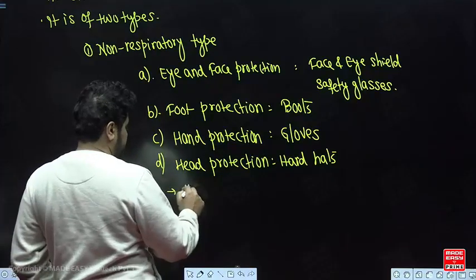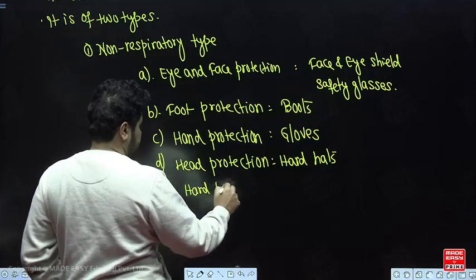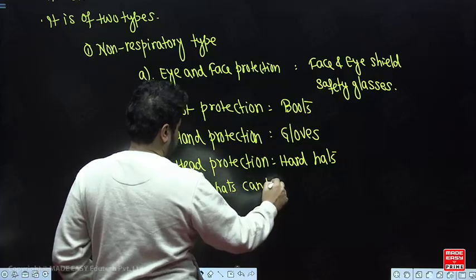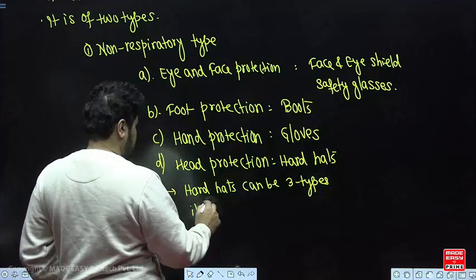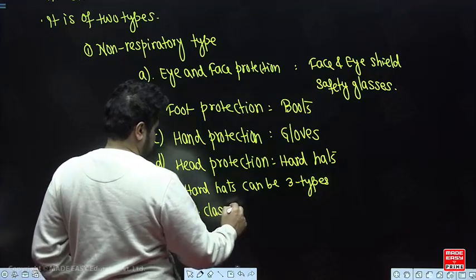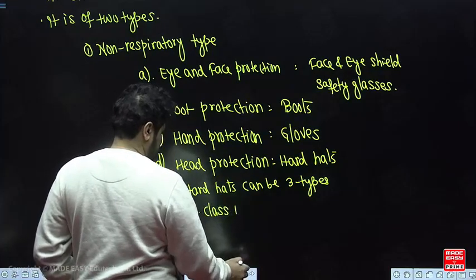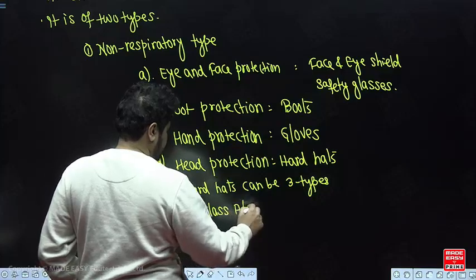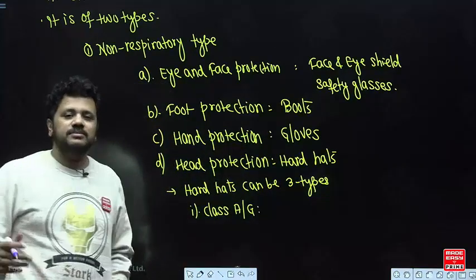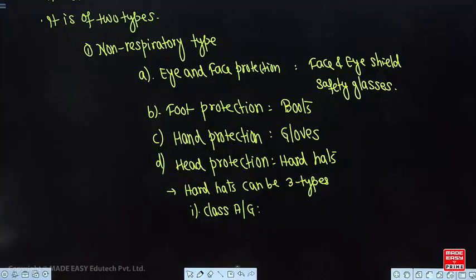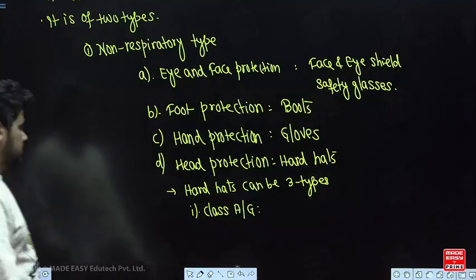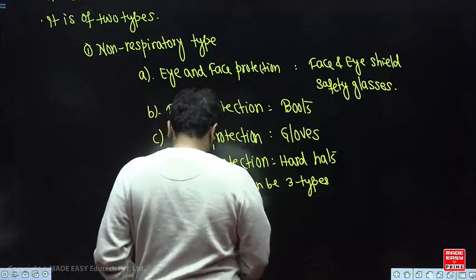So hard hats can be three types. Which ones are they? The first one is called class A or G. Correct. Similarly, we have class B and E, and finally we have class C. Correct. So first let's look at class